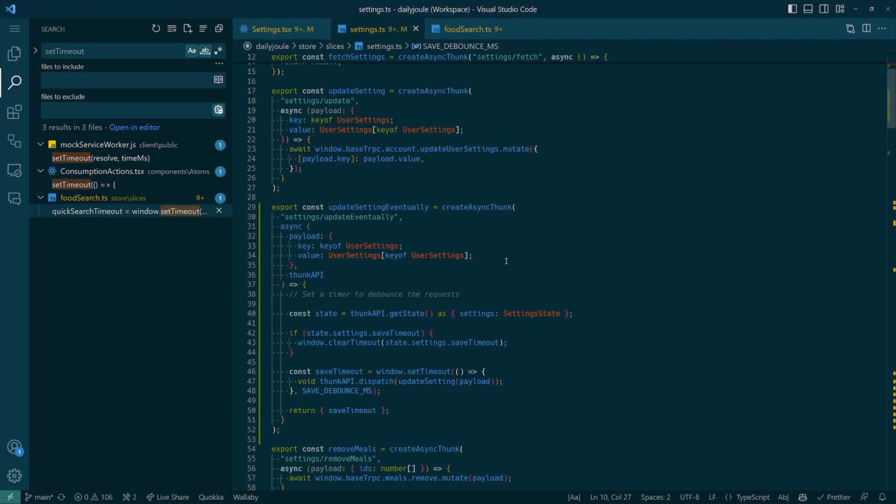So when the user changes something that triggers this action, there will be a 500 millisecond, half a second delay before something actually happens. If another action happens,